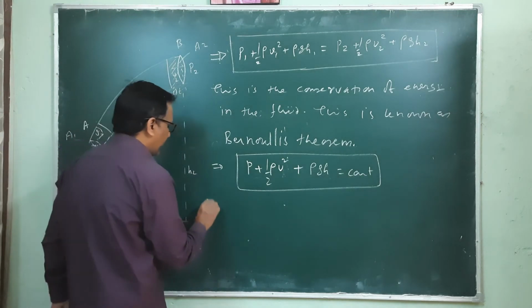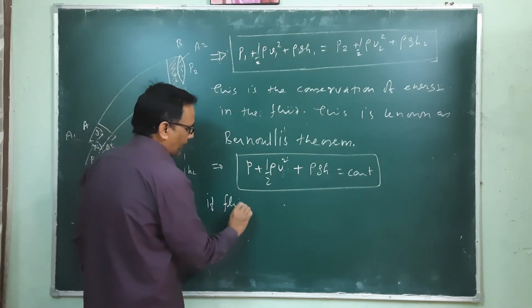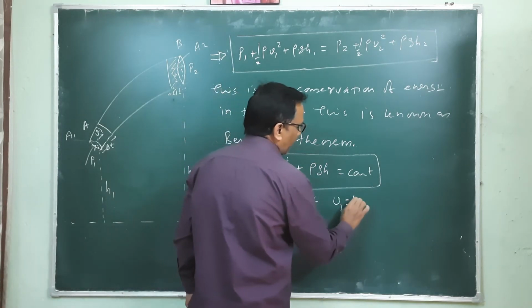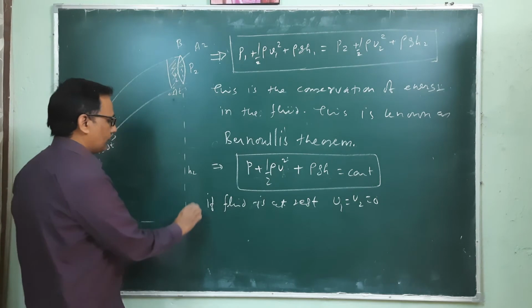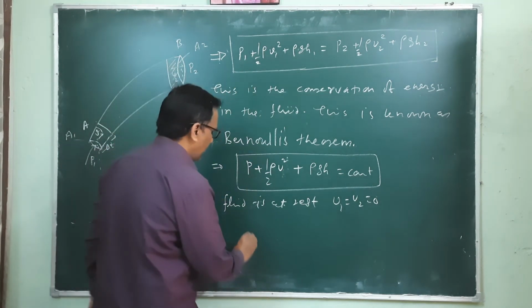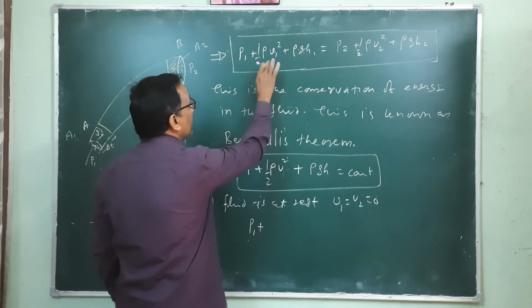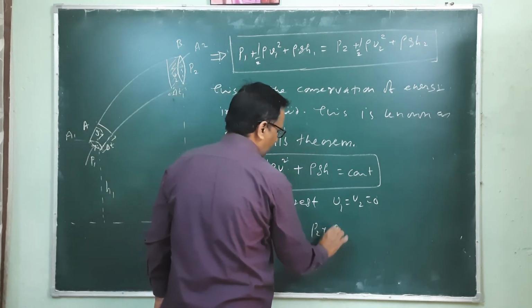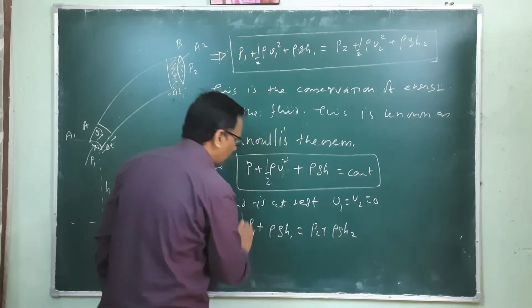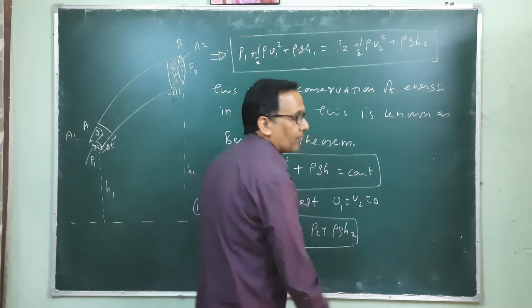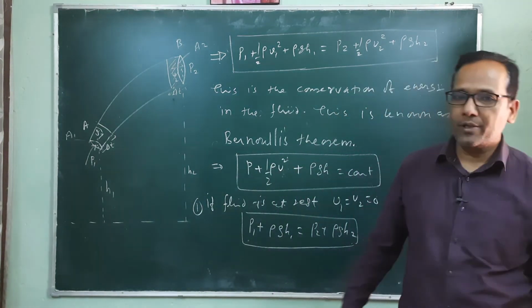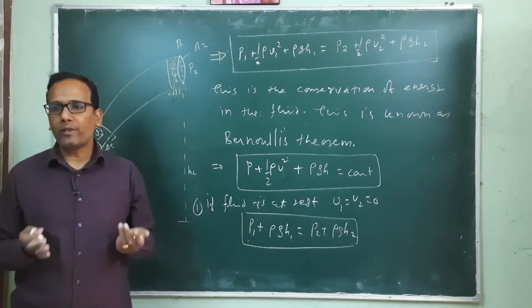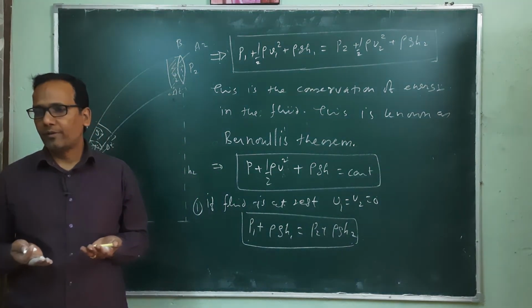So if the fluid is at rest, then V1 is equivalent to V2 is equivalent to 0. So the relation will now be P1 plus rho gh1 is equivalent to P2 plus rho gh2, with the velocity terms being 0. So the total work done on the liquid by pressure energy is conserved; it is stored in the form of potential energy. Potential energy states the rest status of that material.